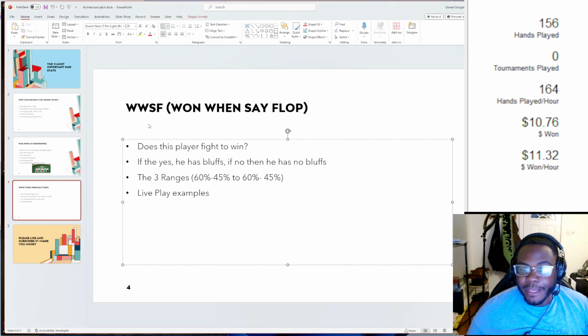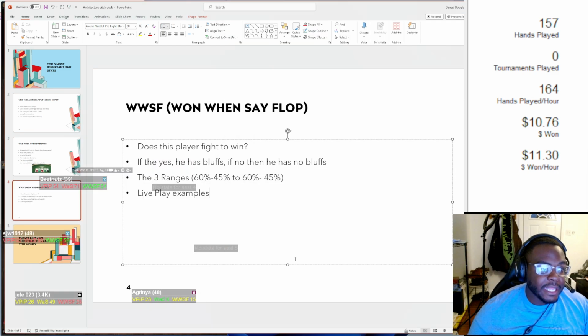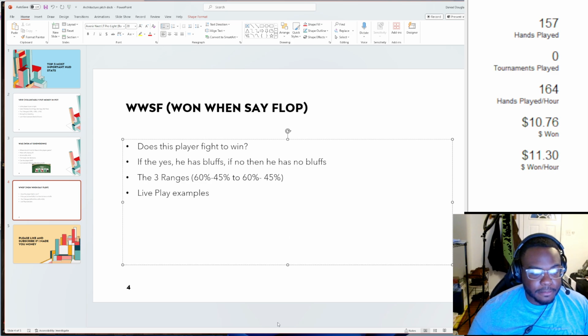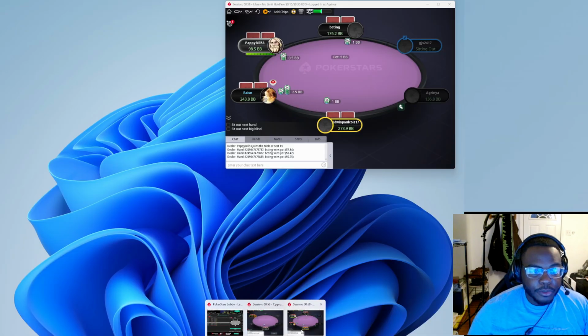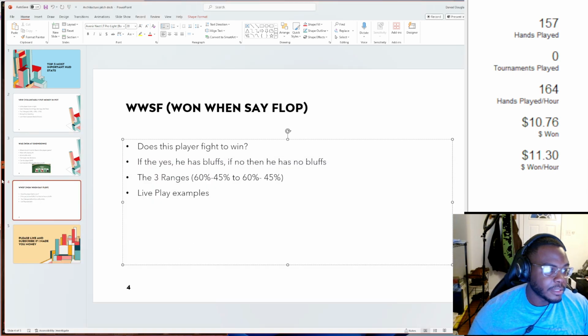Next up is, I think, this stat here is better than aggression factor. It's better than knowing their 3-bet range, 3-bet percentage. It's better than knowing their PFR percentage. It is the won when saw flop. Okay, so why is this important? The won when saw flop,